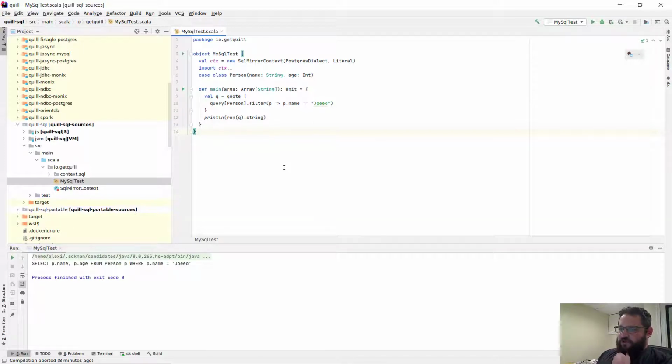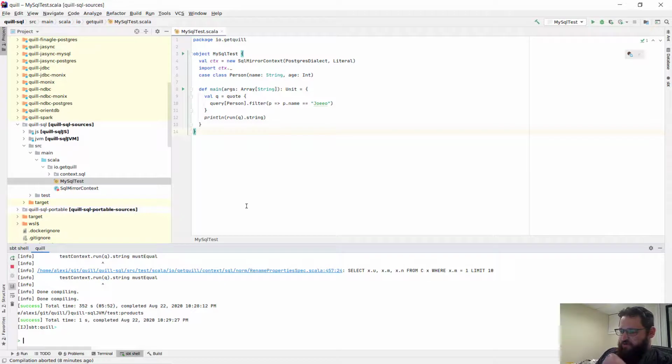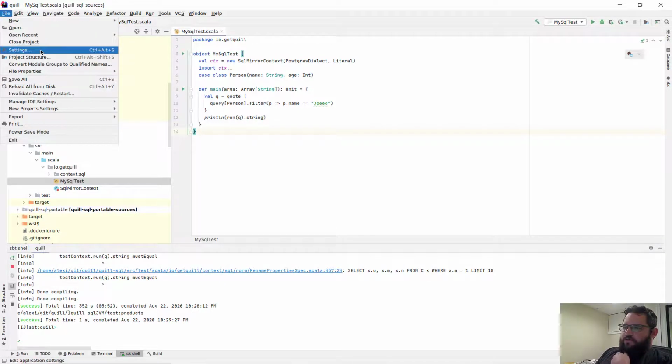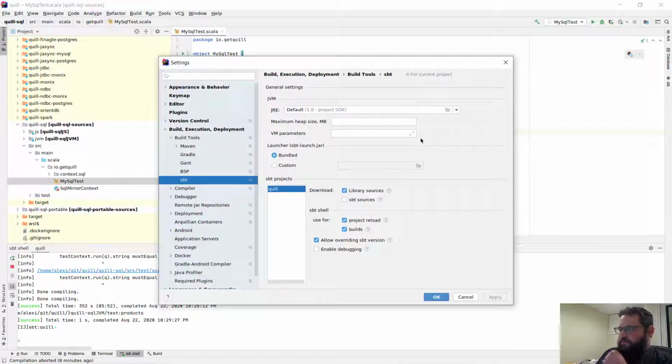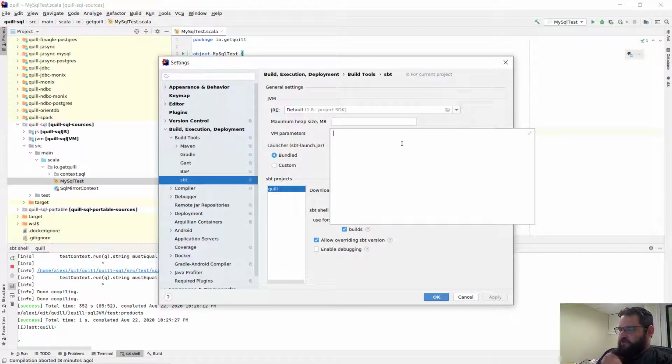Actually, first of all, normally every single time you change some core files, you need to recompile all the tests. So let's disable that. And if you're using SBT, the SBT launcher, as we are here, you need to actually manually modify that yourself. So the way that you do that is